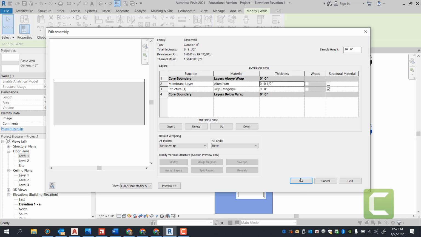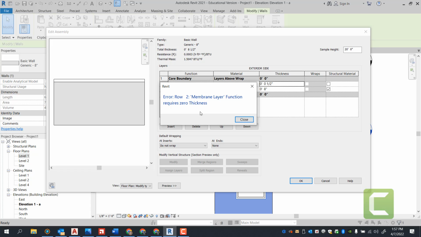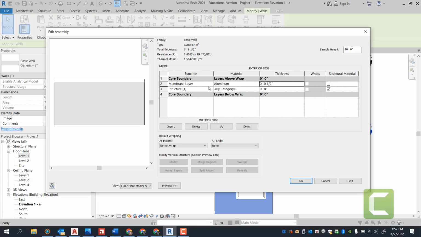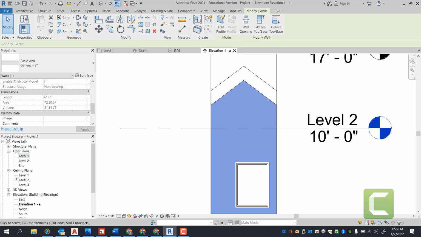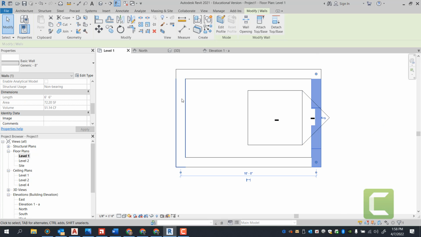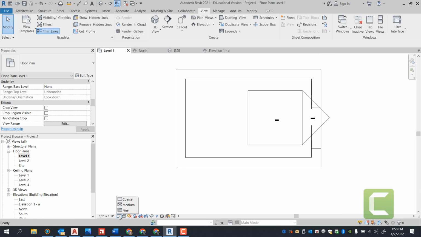What just happened? Press OK. Error. Row 2 membrane layer function requires 0 thickness. Oh, membrane layer? Okay. We're just going to call this finish. Read the prompts. They're going to usually pop up here. Okay. And now when I go into my plan view, notice how the walls change the detail,